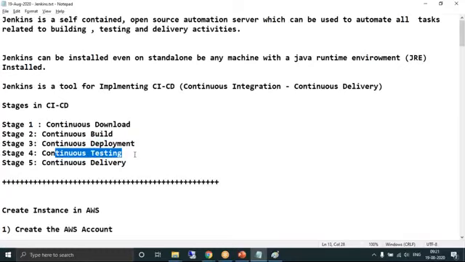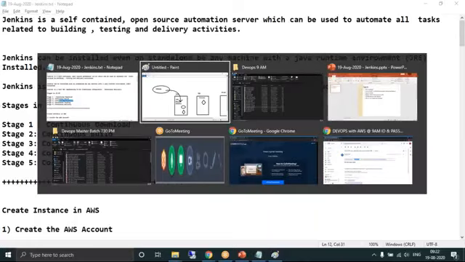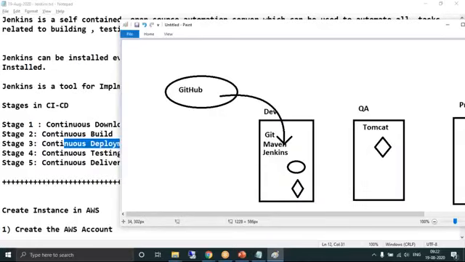Okay. Now I'm talking about stage 3. Any doubts till deployment? Now the application is running in the testing environment. That's the concept of deployment. Now, Deba, once the application is running in the testing environment, the testing team will use automation testing tools like Selenium, a lot of testing tools. They create the test scripts and run them in the QA environment. Got it? This part is called continuous testing.